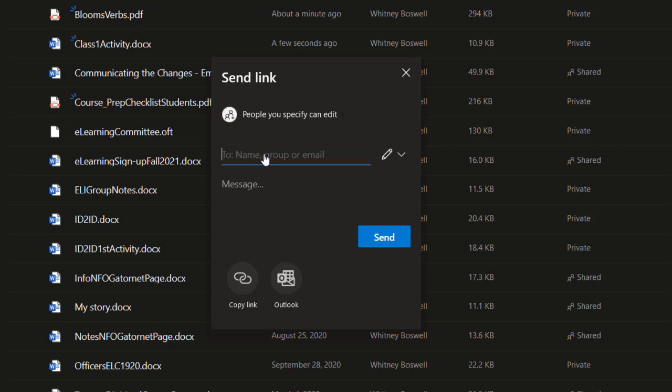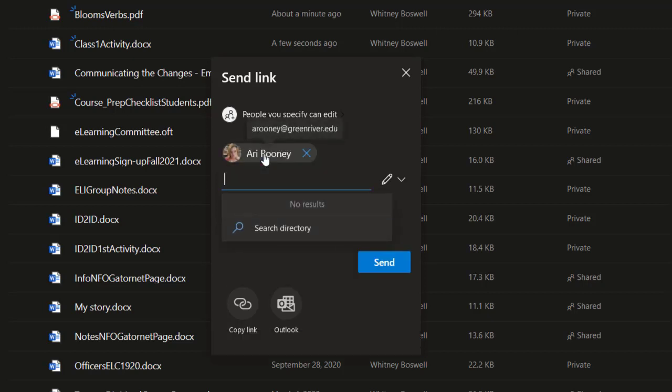And then here I'm going to type in the names. So for students, you'll need to have your faculty's email at the ready. So if Ari Rooney was my instructor, I would type in her email address and then it would be sent to her. For faculty, if you're sharing it with someone, faculty will show up directly in here.